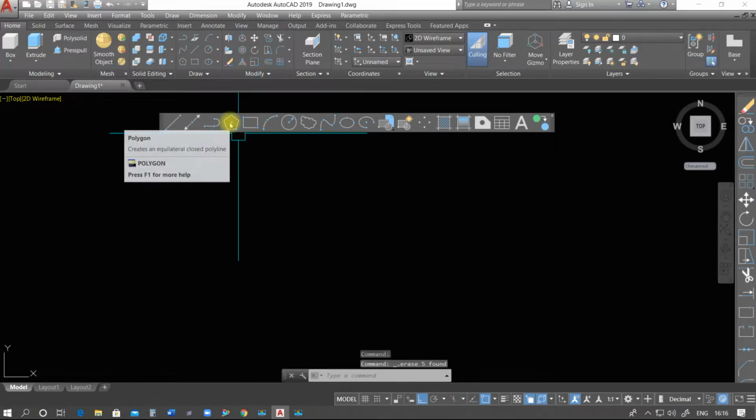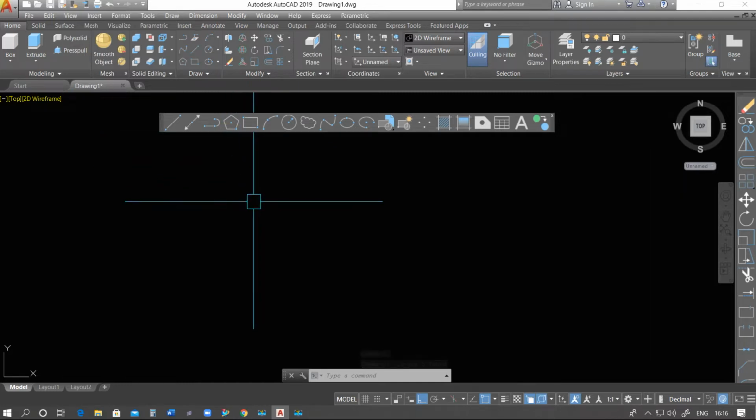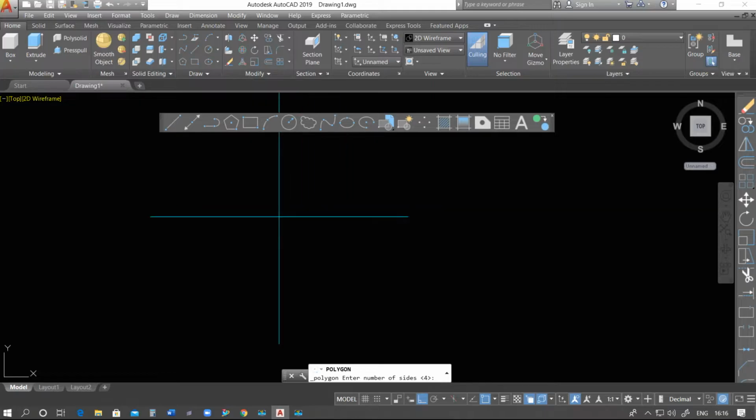Next option is polygon. With the help of polygon, we can make any triangle, square, hexagon, pentagon, septagon, octagon, whatever you want. Suppose I want to draw some hexagon, pentagon, septagon. So first we use polygon. Click here. As we click this one, we see in the command bar, polygon, enter number of sides. What do you want? Let's start from a triangle. So how many sides are in an equilateral triangle? I'm saying that there are 3.